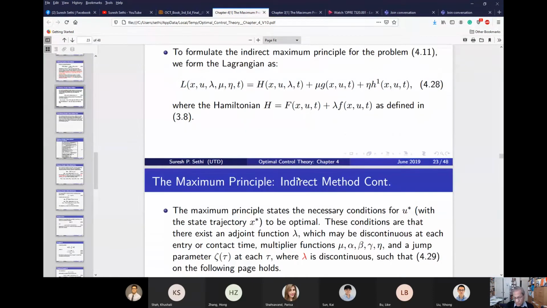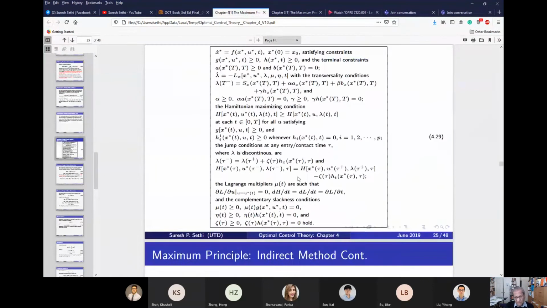Once you get this idea, we have a maximum principle. And now you can sort of see that eta(t) is bigger than or equal to 0 and eta times h is equal to 0, which means if h is bigger than 0, then eta is equal to 0. So if it's an interior, I don't need this eta. It is 0. But if it's the boundary, then I need a multiplier eta(t), which is similar to mu(t). So mu(t) also has this complementary slackness condition. But eta(t),